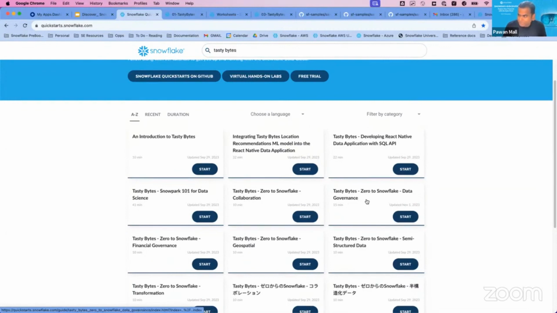If you want to see the data governance capabilities of Snowflake, you can click on the data governance one and test it out. If you're interested in finding out how you can parse semi-structured data into Snowflake, you can use this one, and you can see how we natively ingest JSON or XML into Snowflake. By writing some simple SQL, you can parse that data out. You don't need any external tools to do that.